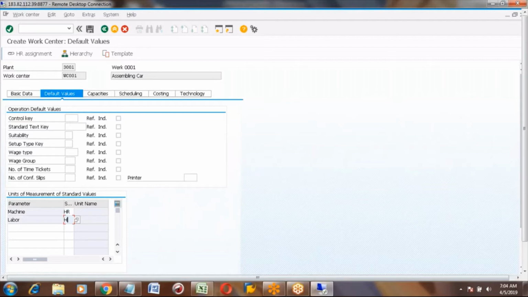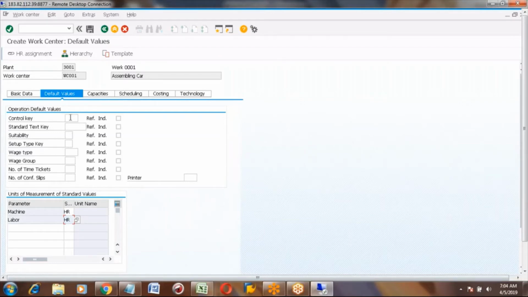Operation default values means whichever values you maintain here will get copied into another master data, routing. When I'm maintaining the routing and use this work center, the values maintained here will automatically get copied. That is called the default value.